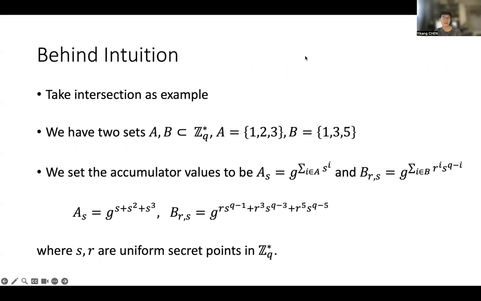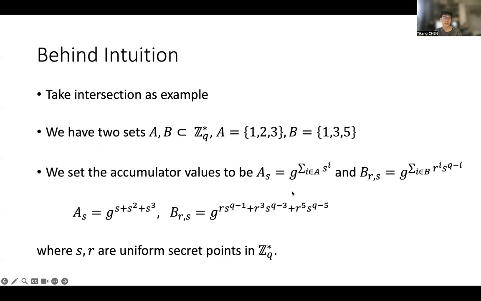So we take intersection as an example because the other set operations can be handled like the intersection operation. We have two sets, A and B. Set A has three elements, 1, 2, 3, and B has three elements, 1, 3, 5.